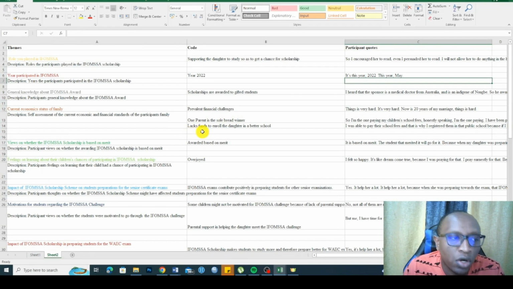And that's how you conduct thematic analysis using Microsoft Word and Excel. Remember, this is not the most ideal approach. It's tedious. Imagine